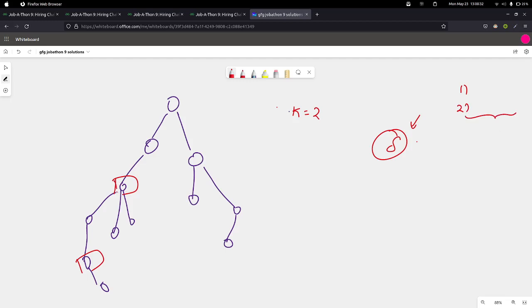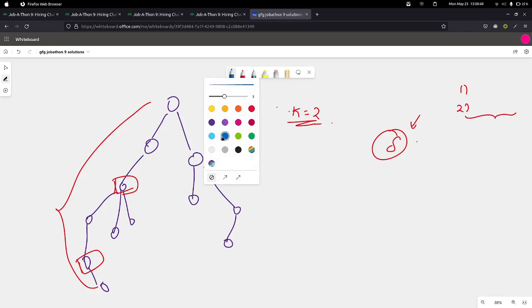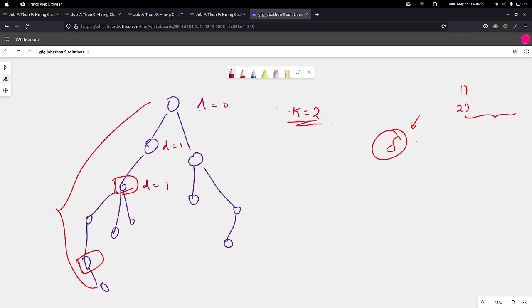So we know here it requests for refillment, but can we observe something? Can we see some pattern in the refillment spots, since k is 2? We have a distance array, and initially the distance of the root node will be 0, the distance of this node will be 1, this node 2, this node 3, then 4, and 5. Is there a pattern here using which we can